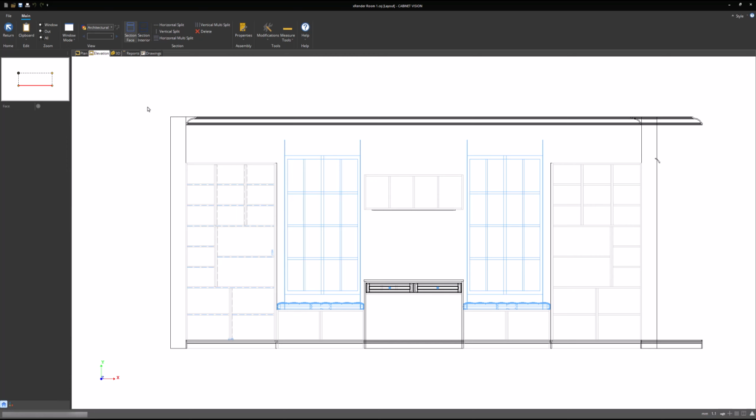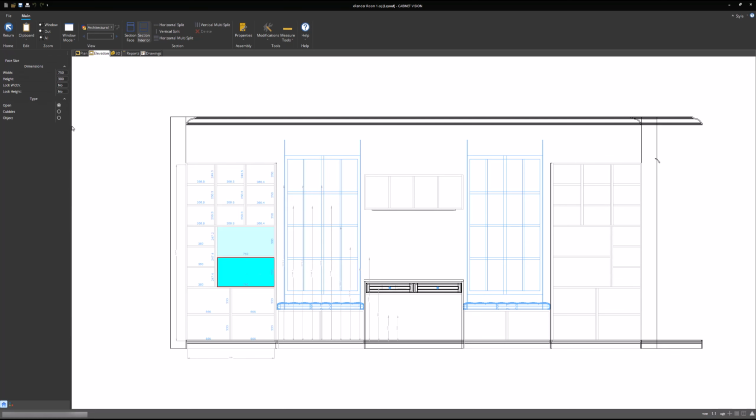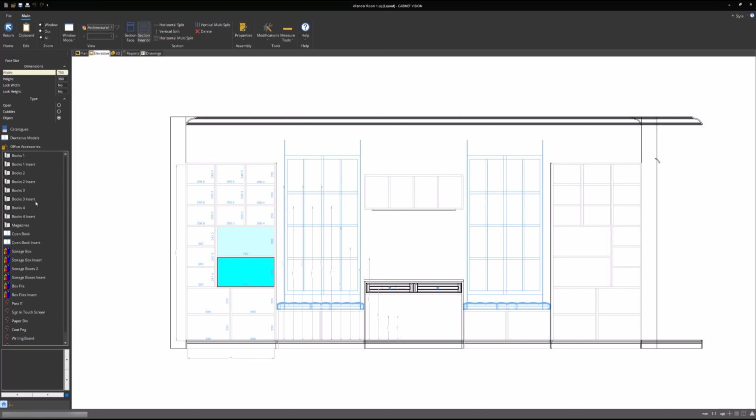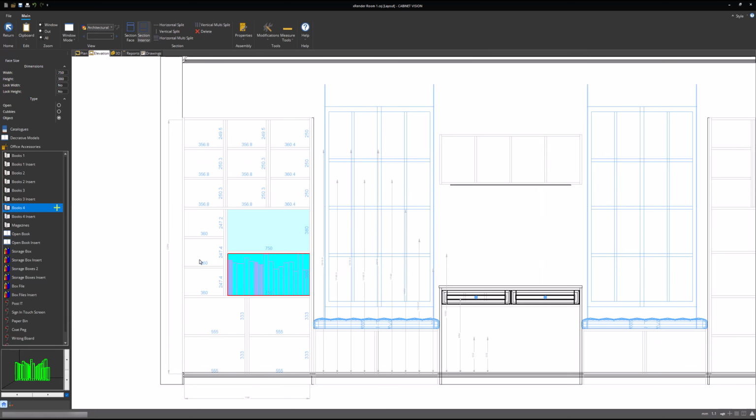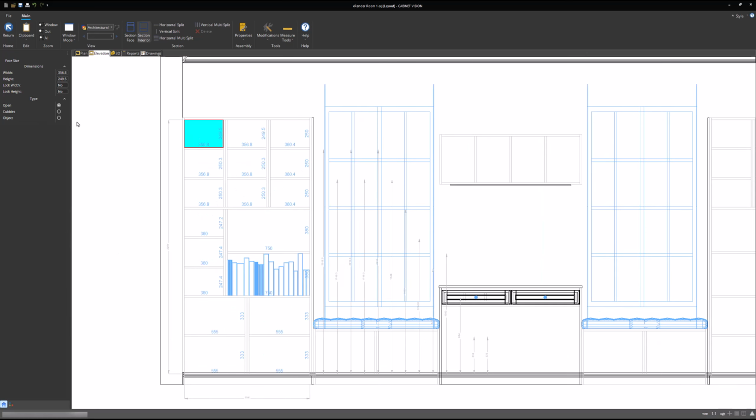So now it's as if I'm on assembly level, and what I can do is I can go to Section Interior, I can click in the space that's available, and I can select Object, into Decorative Models, and in this one, I think I'm going to start to introduce some books, I think would be good. So I'm just going to add this in. And what I'm going to do is just build up this scene. So if I pick another object into Decorative Models,